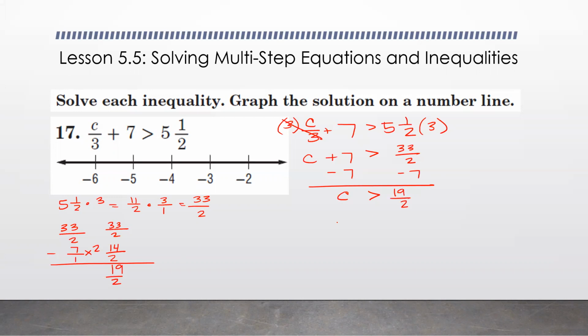19 over 2. And if I rewrite that as a mixed number, 2 can go into